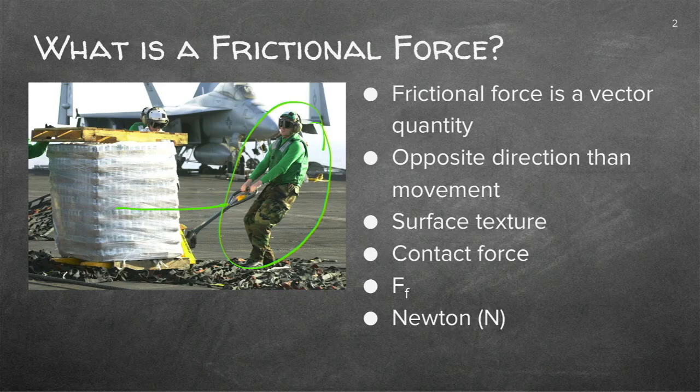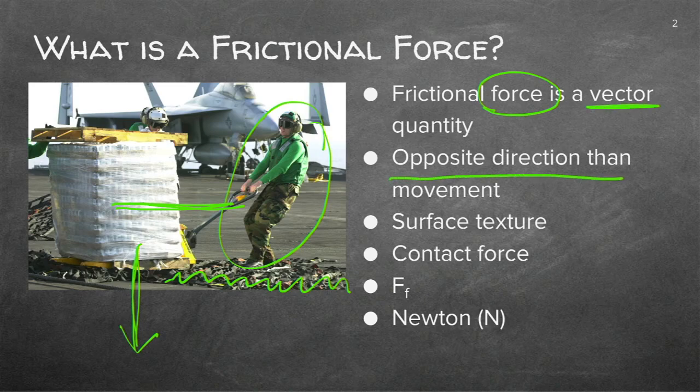I'm pulling a weight. Do you see? I'm pulling that mass, and obviously there's a gravity force. This is the surface. Can you see? It's something like rubber. It is resisting the movement. So the frictional force is still a force, therefore it's a vector. It is always in the opposite direction of movement. If this block is moving that way, friction will be moving that way. If this block is moving that way, friction will be moving in that way.